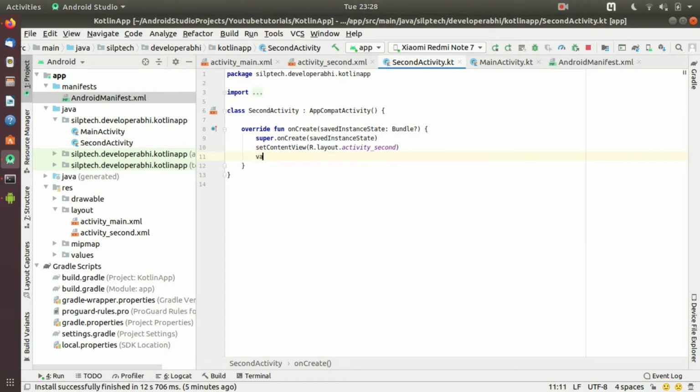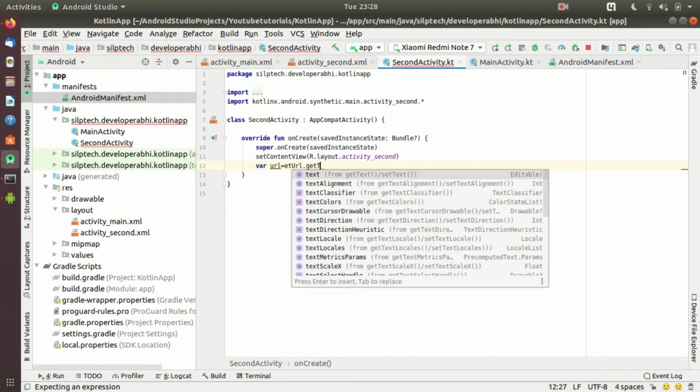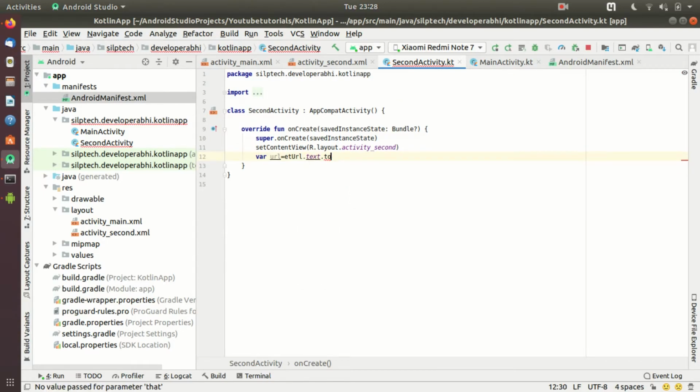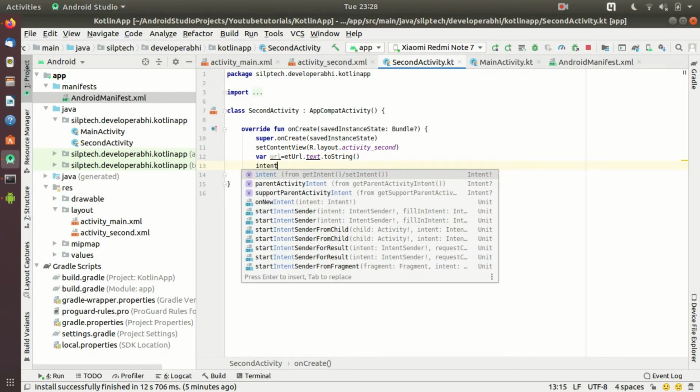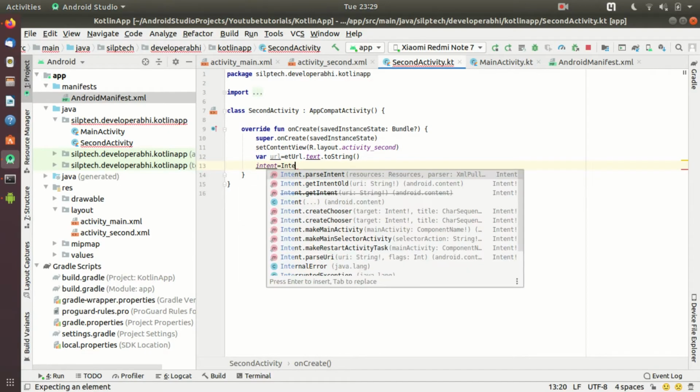But I can define a URL. So var URL equals to et URL dot get text dot to string. Okay, so now you can define an implicit intent in this way. Intent equals to intent,